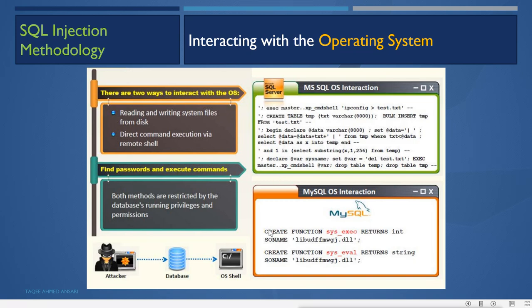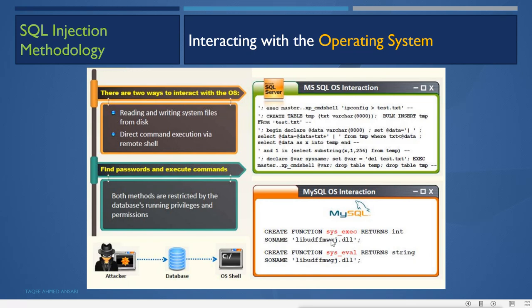In Microsoft SQL, for OS interaction, it can run this command. And for MySQL, it can craft this query: sys_exec, with the library name and lib file.